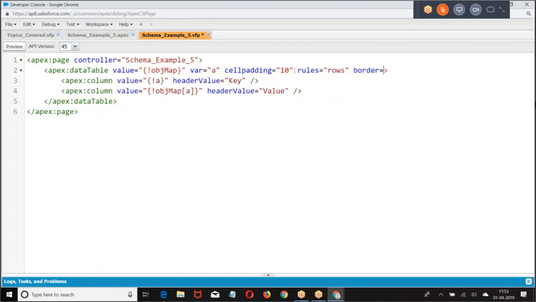Then let me give you what are the properties of the field we are getting.